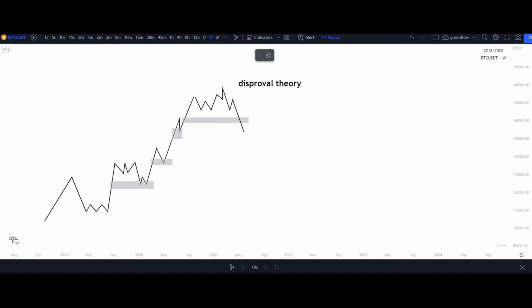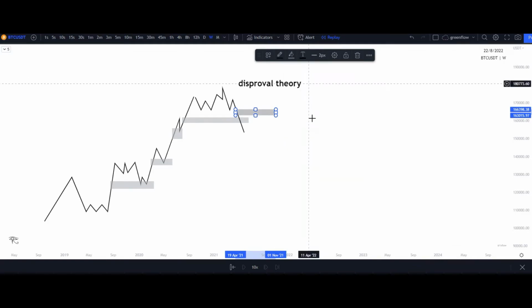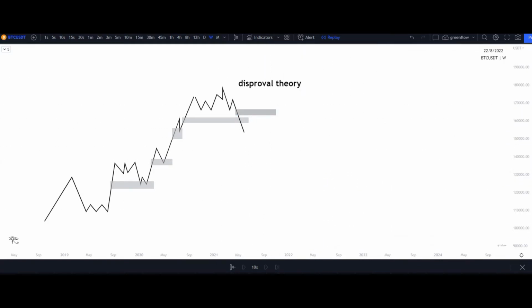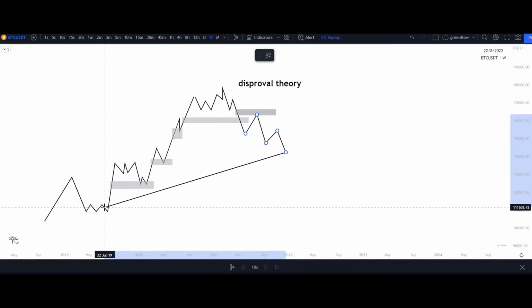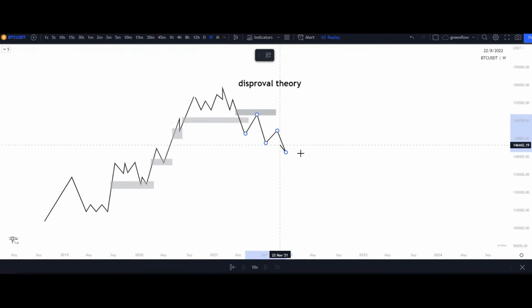For now, the ability that supply was made within these areas right here. Let's just draw this a little bit darker, to take this trade to the downside, targeting my overall narrative. So let's say we see the demand mitigation over here, continuation to the upside, but I have demand all the way down here that has yet to be mitigated from this low that caused this high.